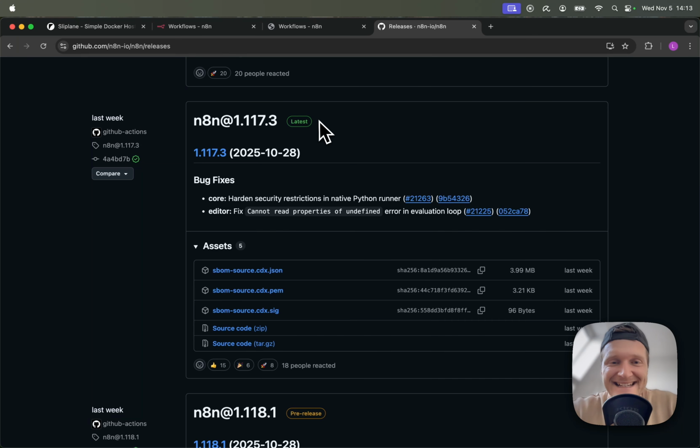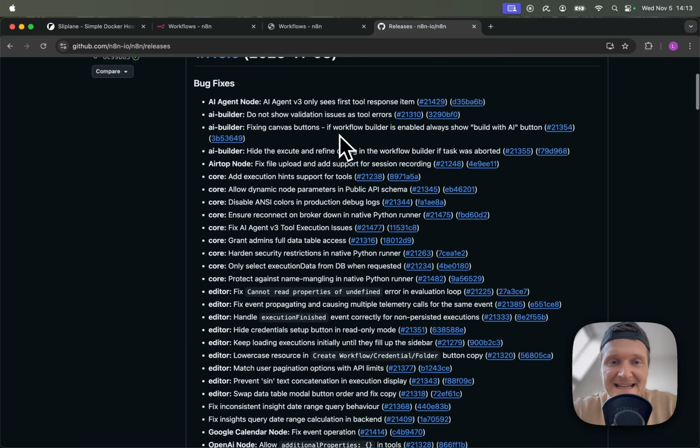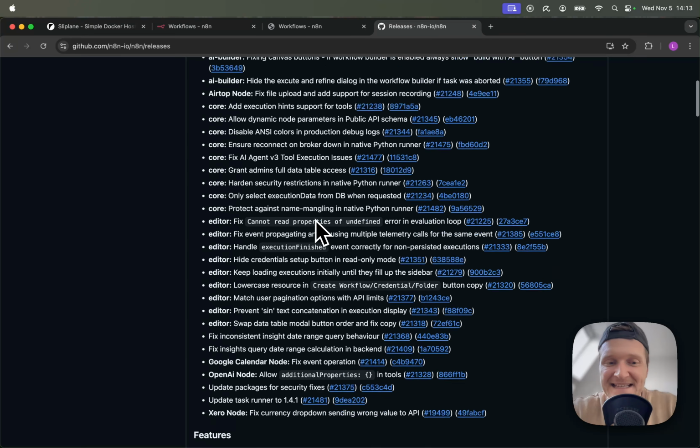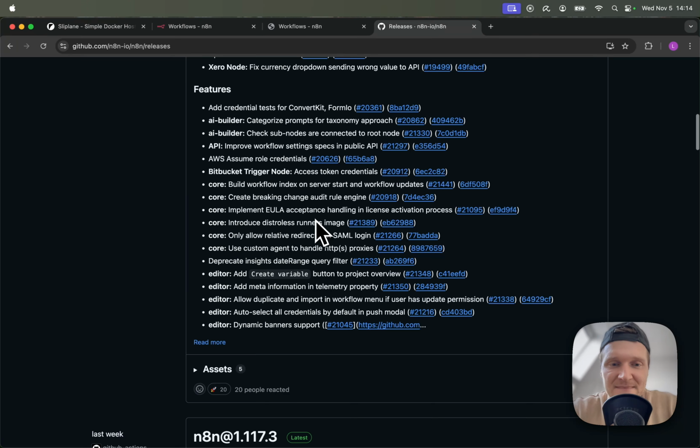And we can see the latest stable version, it is tagged with this little green latest tag, is 1.117.3. So it makes sense to use 1.117.3 when we update our application. You could also even use a newer version. For example, they published 1.119.0, but it is tagged as a pre-release, which means it is not fully tested. It is just for you, if you want to be testing out the latest features, you could also upgrade to